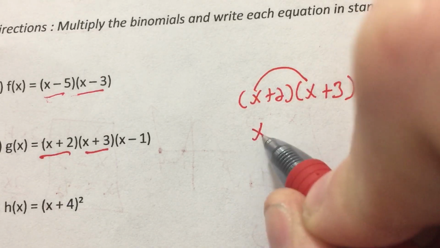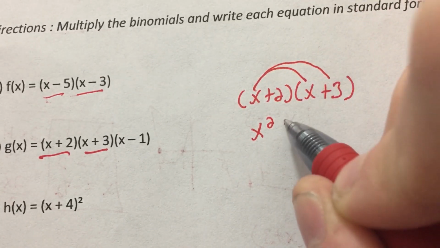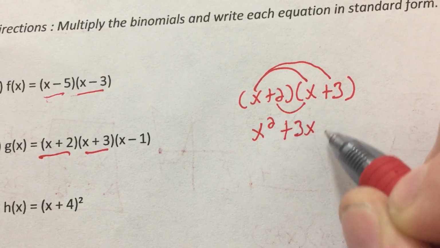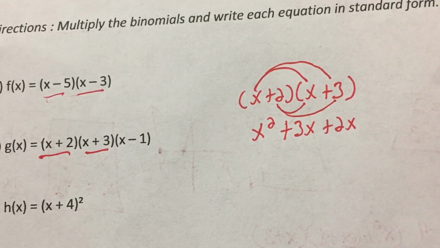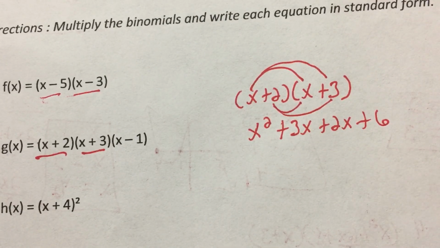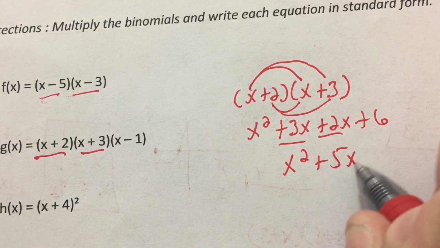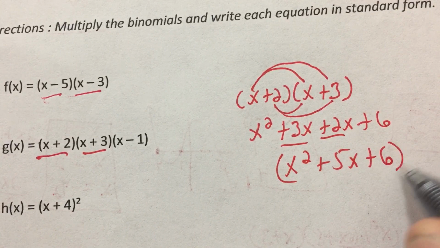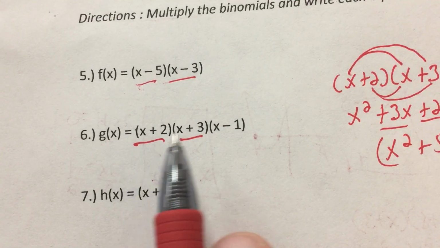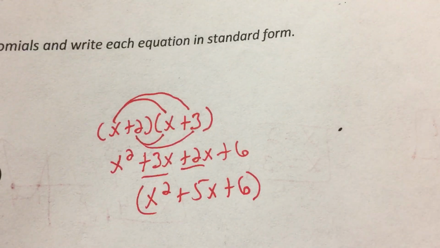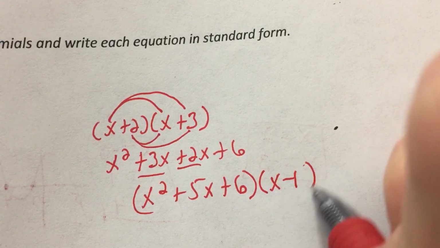X times x is x squared. X times 3 is 3x. 2 times x is 2x. And 2 times 3 is 6. The two terms in the middle are like terms. I combine them. I'll get x squared plus 5x plus 6. But I have a third one to do. Since I multiplied these two, I now need to include x minus 1 behind the answer I just got and